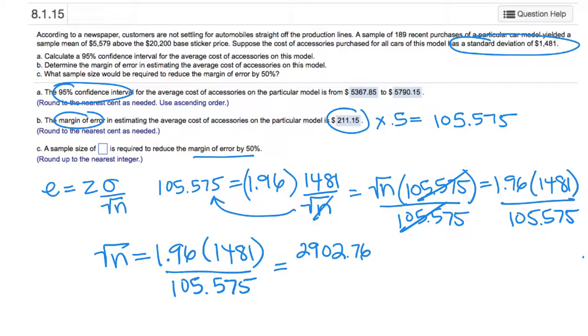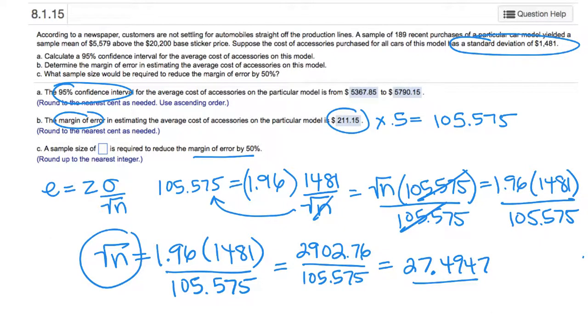So let's simplify that, which is essentially 2,902.76. That's my top here where I multiply 1.96 by 1481. And I'm going to divide it by my 105.575. That gives me 27.4947. But I'm not done, because essentially my 27 here is this square root of n. So what we want to do is get rid of the square root. And in order to do that, so let me just rewrite it like this. Therefore, the square root of n equals